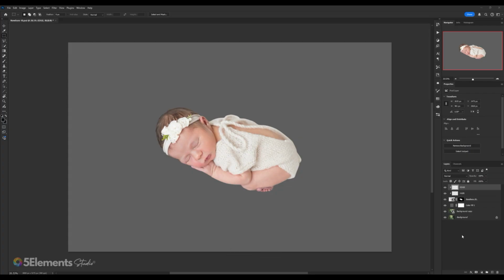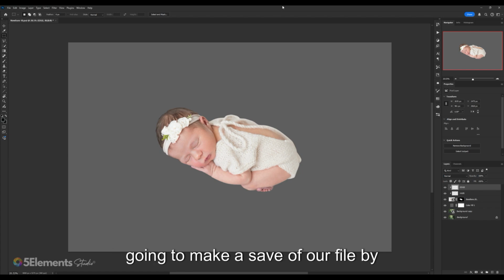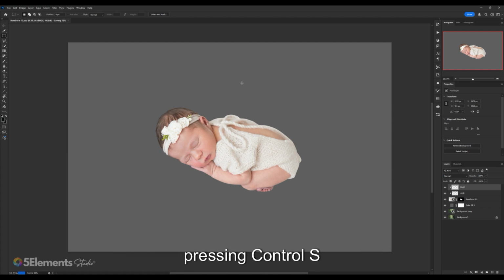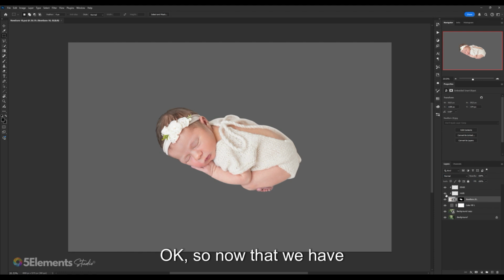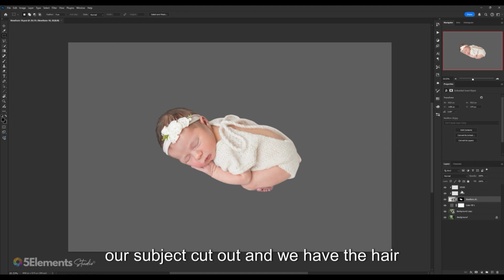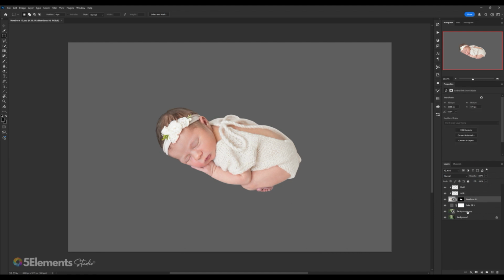Okay, so before we move any further, we're just going to make a save of our file by pressing Control S or going up to File, Save. Just best practice to always save our document when working in Photoshop. Okay, so now that we have our subject cut out and we have the hair and edges refined,